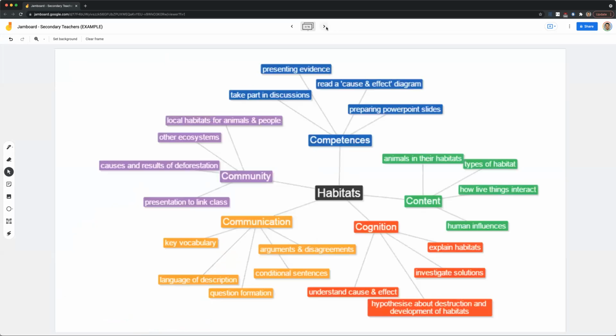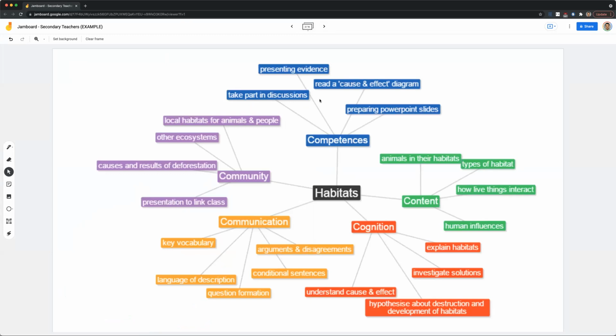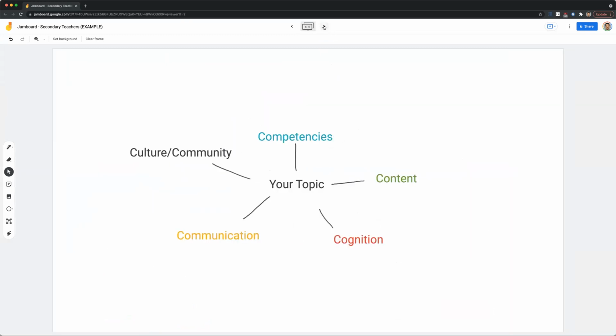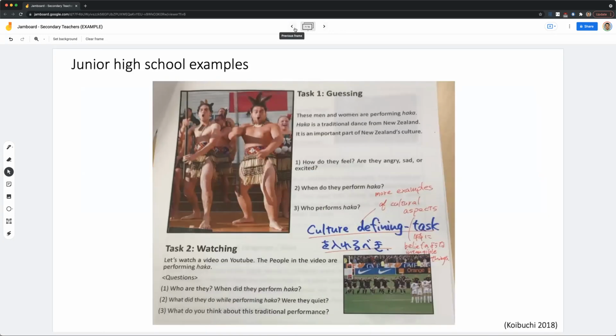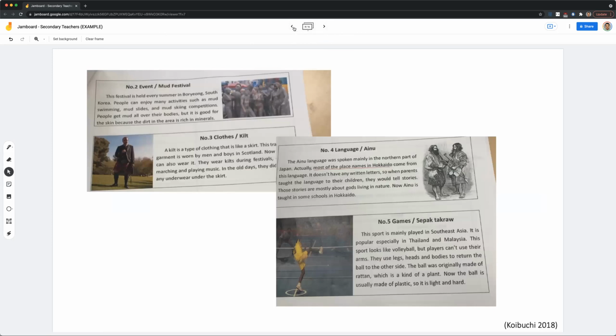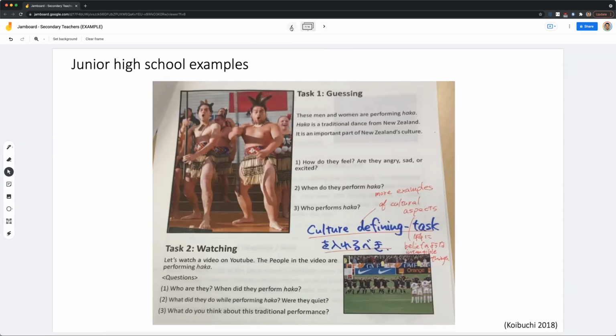And also, if you want to reference what I was just talking about, you can page to the right or go to the next frame at the top here. So just click to the right. And if it's helpful, please feel free to use this template I provided. You can put your own topic in there and start putting ideas up on the board. And if you are curious again about what sort of CLIL materials might look like, I've included some examples depending on the group that you're in. So this one is for junior high school. But if you keep scrolling to the right, you can see those examples if you're curious about that.